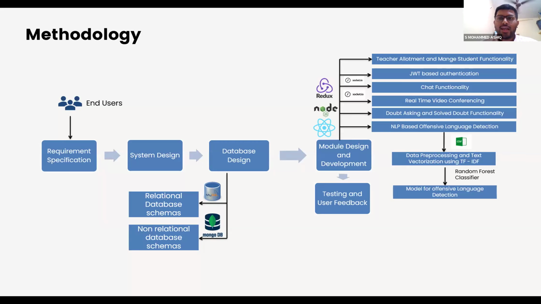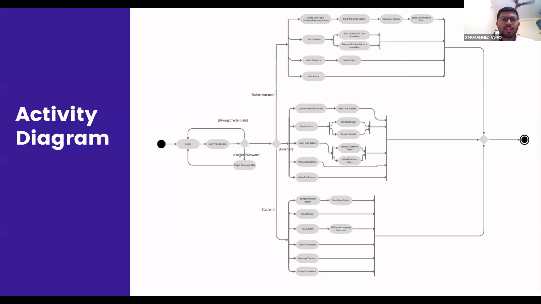We have the NLP-based chat filtration capability, where we filter harmful content, which is trained on a huge dataset of more than 1 lakh messages. We use TF-IDF vectorization and a random forest in order to filter the messages. So we have an activity diagram which describes the workflow of